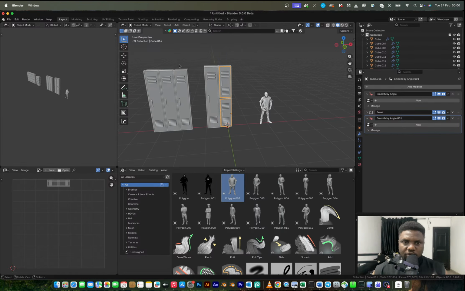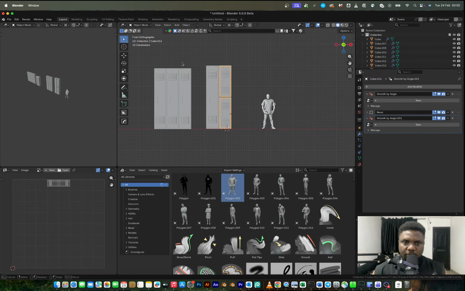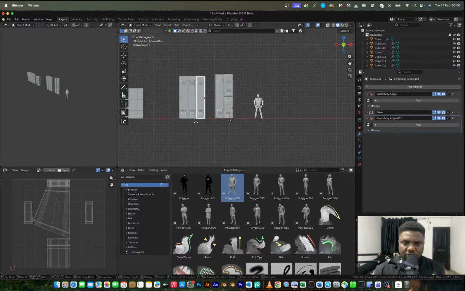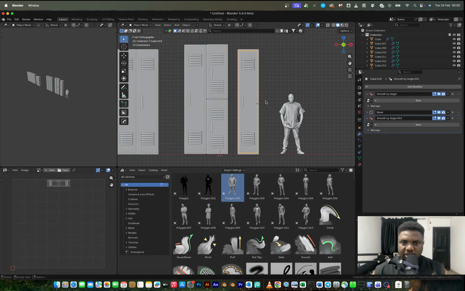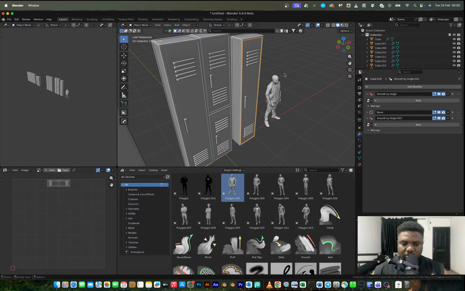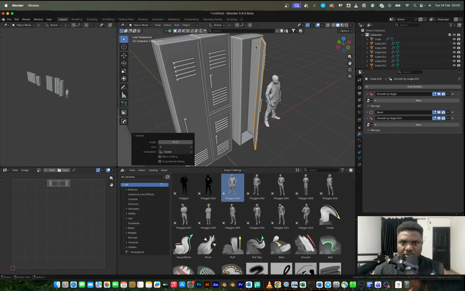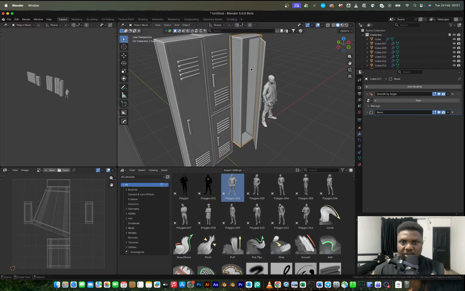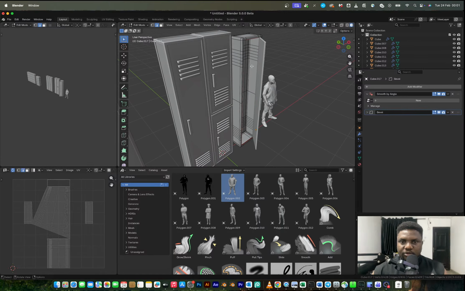I want to do singular ones where the doors are just opened, left ajar, just like that. Just like so. And I think inside here I want to have some shelving. So